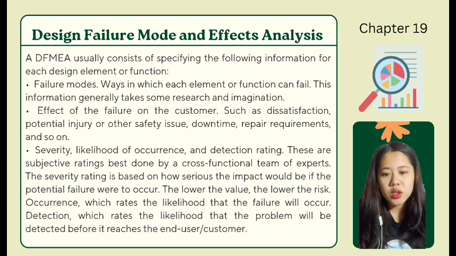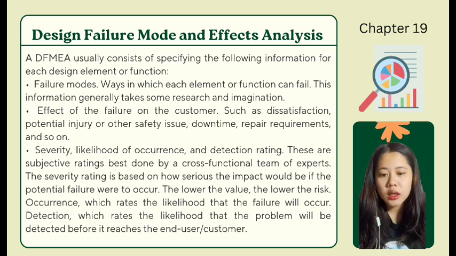So this information generally takes some research and imagination. So isang paraan para matukoy nila agad kung saan magfe-fail, magbe-base sila dun sa mga may unang karanasan na nag-fail. So gagamitin nila yung past failure para maging basis. So magsasaliksik sila tungkol sa nakaraang mga nag-fail, halimbawa sa automotive industry. So yung makina inassemble na pala ng ganoong way nung nakaraan and then nag-fail. So, hindi na nila gagawin yung way ng pag-assemble na yun kasi nag-fail na nga nun.